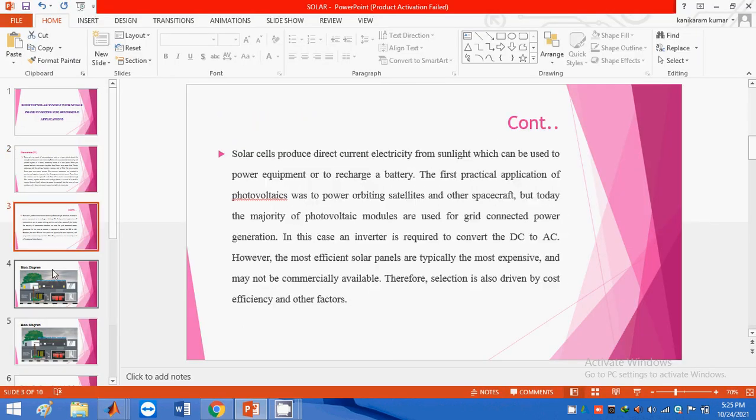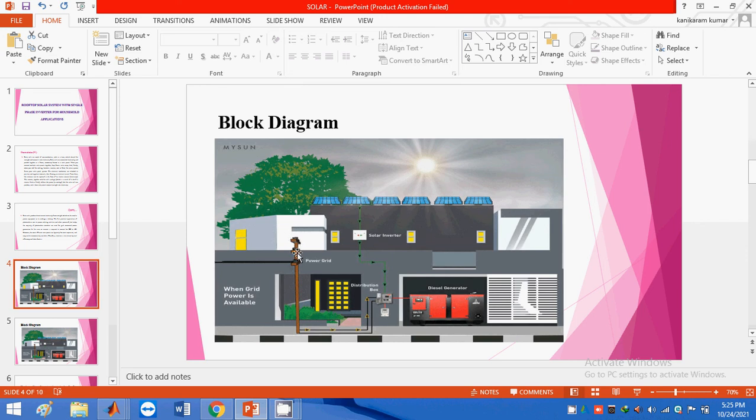In this block, the first case is when grid power is available, and the next diagram is when grid power is not available. When the grid power is available, the solar panels run for a time interval of, let us assume, 6 hours. At that time the solar panel has DC power, so that DC needs to be converted into AC.